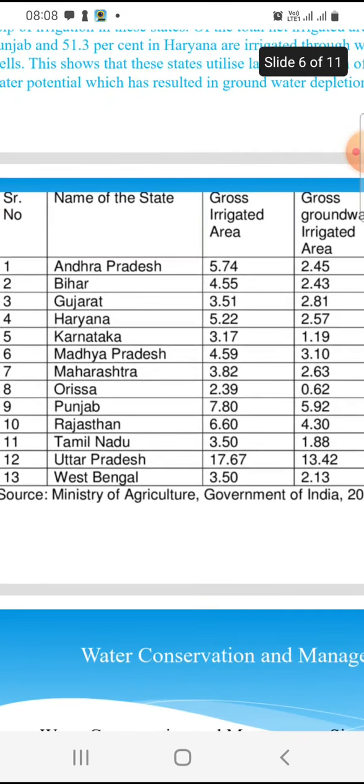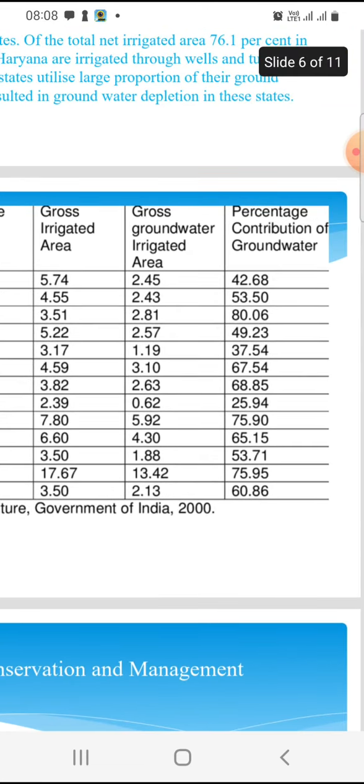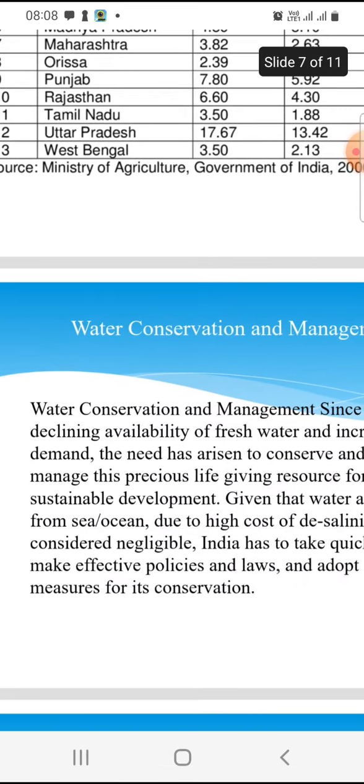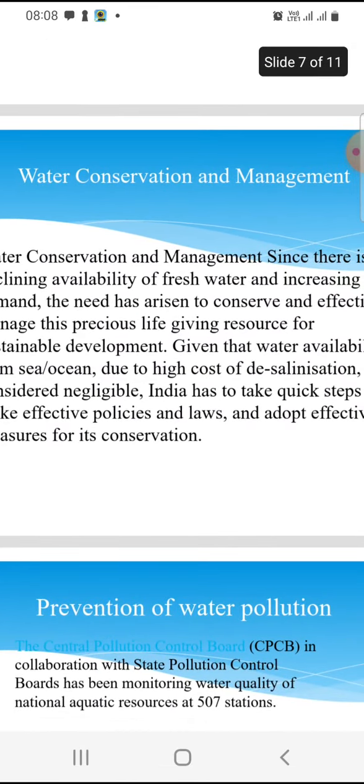Now you can see the table here, where all the important states are given with their percentage contribution. Punjab is utilizing 75.90% and Tamil Nadu only 53.71%.